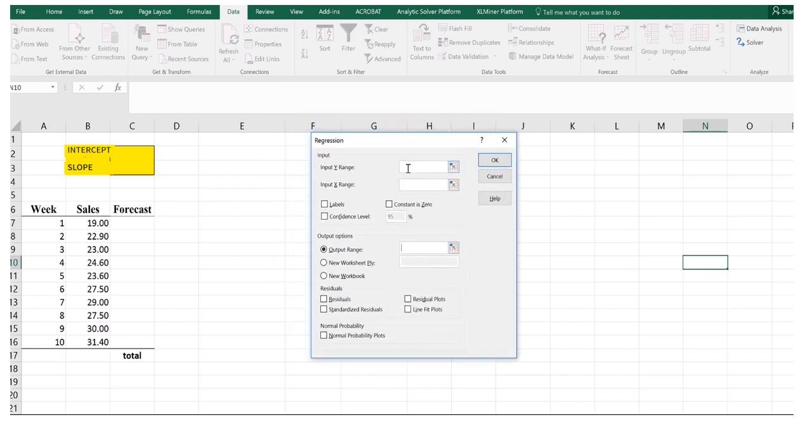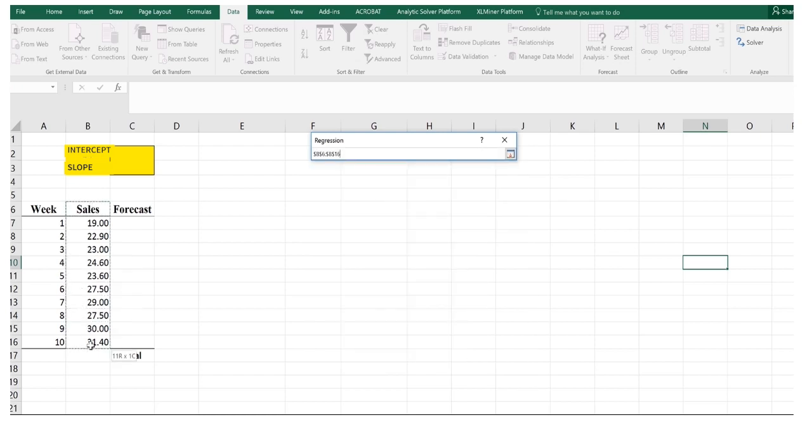So what things do we have to use in input? Well, first you have to do the input, which is your X and Y ranges. Remember, Y is the dependent variable. That's what we're trying to predict. In this case, I'm using the data from a few videos ago of using what week it is to predict what your sales will be in the flower shop. So what we're trying to predict is not week, but sales. So you want to block off the sales amount